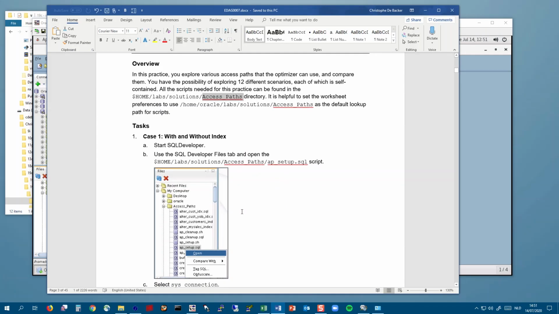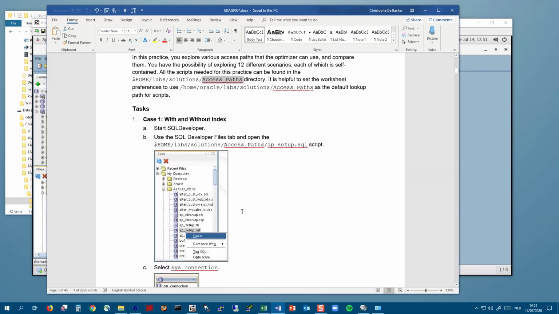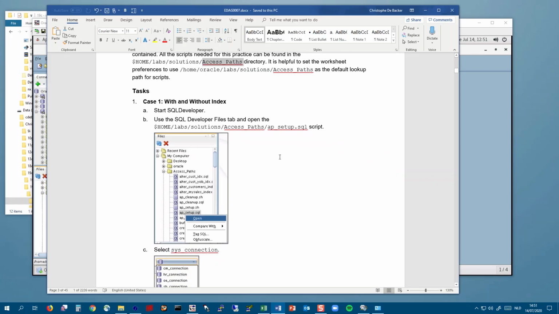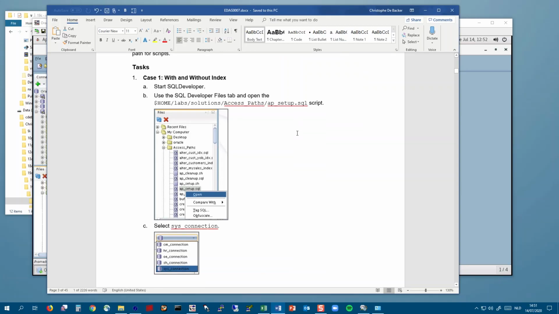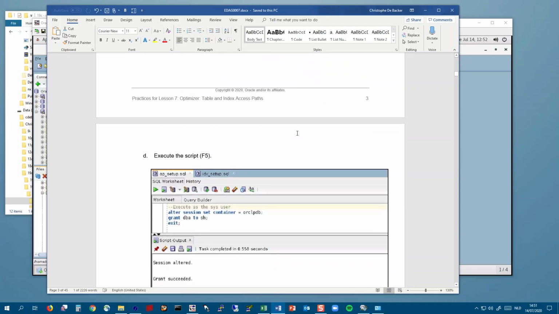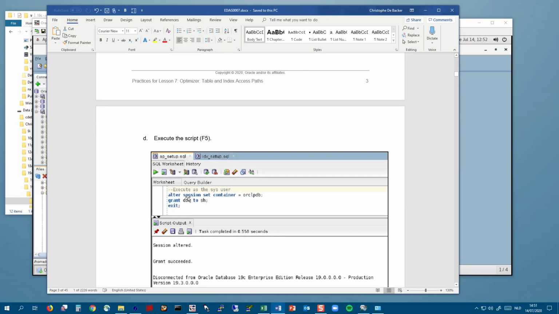Now, the first case that you're going to look at is the case with and without an index. The first thing that you will need to do is run a setup script file as the sys user, and that script file is going to grant the DBA role to SH. So SH is now a DBA, has all the privileges that it needs to perform the tasks